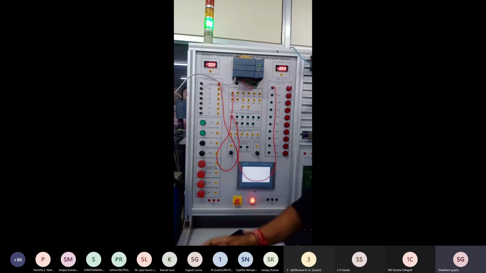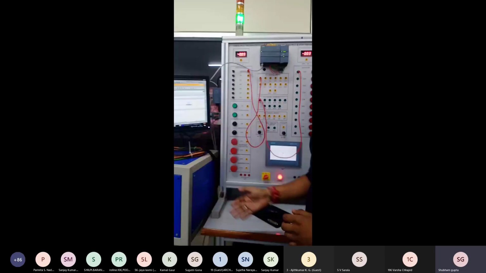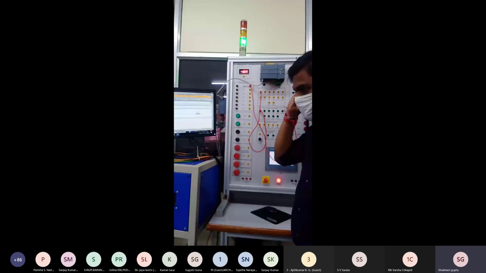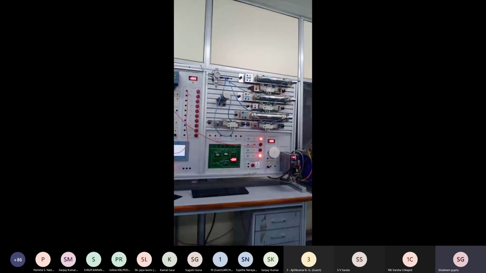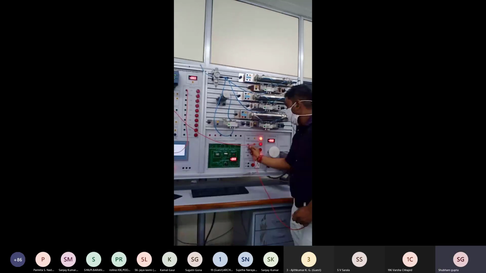Just connect the sensor, the proximity sensor. Let's connect. We don't need to change the program. Just connect the sensor and touch it. Lights glow on. When we untouch it, lights glow off.